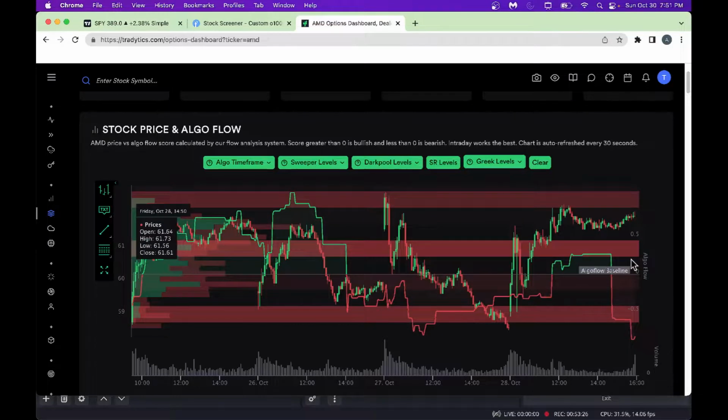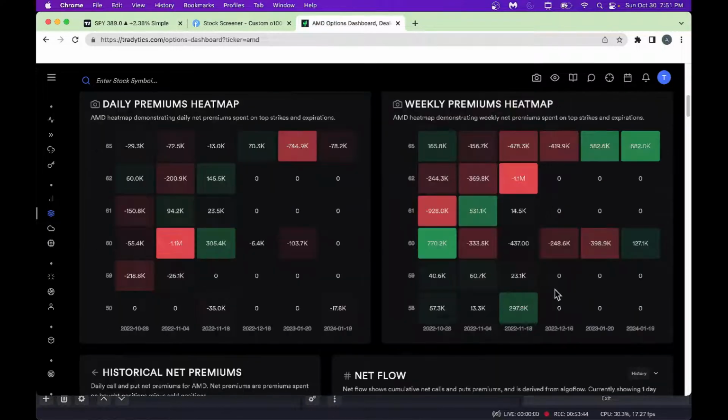I think this chart is a little hard to read, as you can see here. Probably it's in the works here. There's also nice algo flow back, baseline here. So there are better ways to really read the gamma chart. We'll look at them in a little more detail in the later section here.